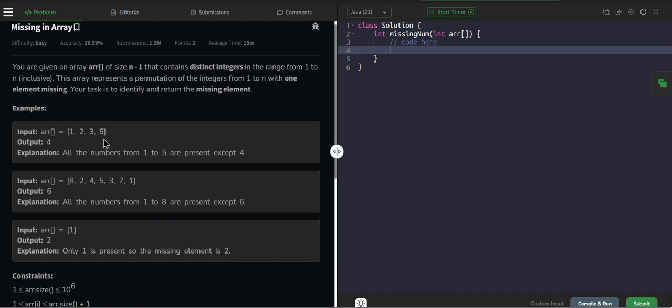Now, the brute force would be to check the first element, then add 1, and check if 1 plus 1, that is 2, exists in the array or not, then doing the same for the rest of the elements in the array, which would be the brute force and would increase the time complexity. So rather than doing that, I have a different thing in mind,